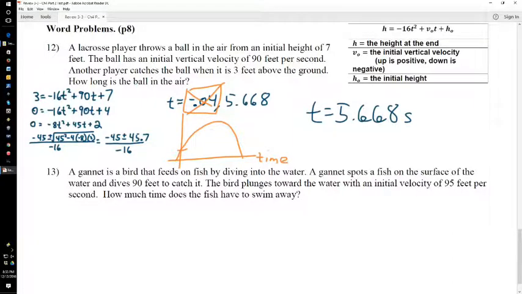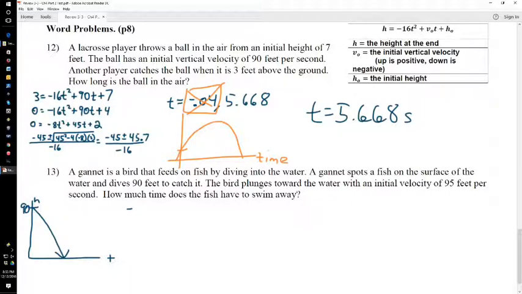So, let's graph this out real quick. This is your height. This is the time. So basically what's going on is the bird starts off way up here at 90 feet in the air, and he's diving straight down to the water. So his finishing height is going to be 0, because that's how high he is above the water when he catches the fish. So when I plug everything in,